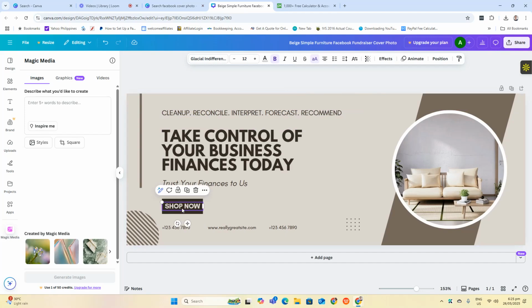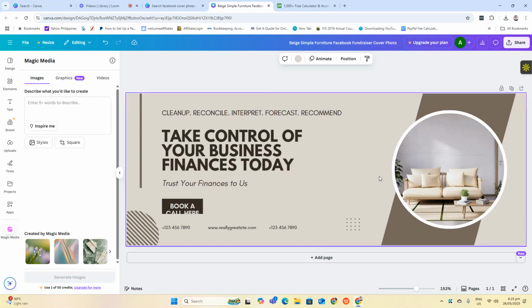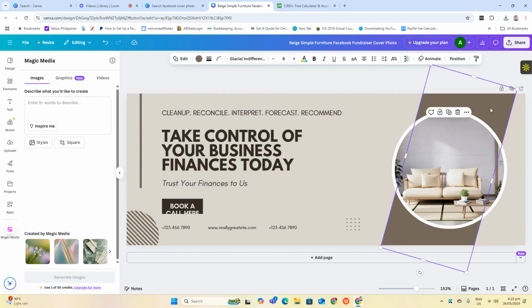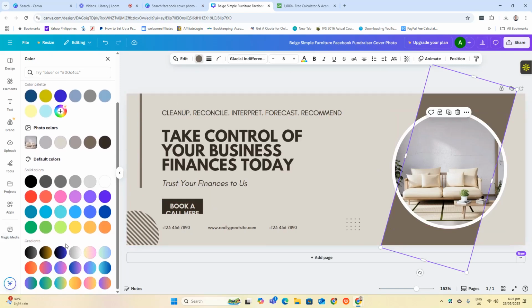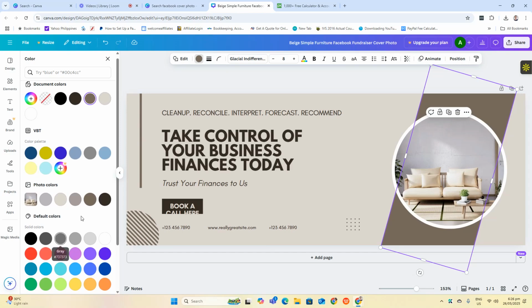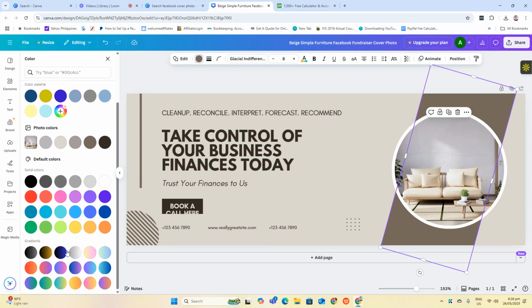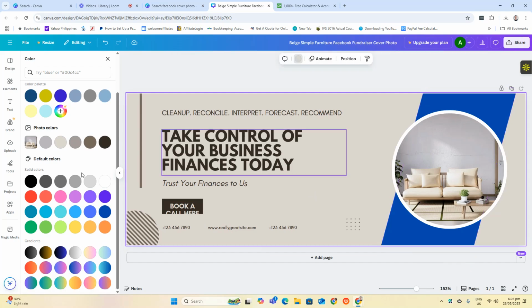So instead of shop now, I'm going to place here book a call here. Okay. So I'm going to change this one. Look for your brand color. Okay. So how about this one? Blue. And then this one, yellow. Okay.